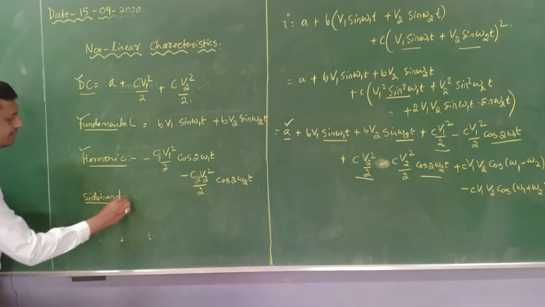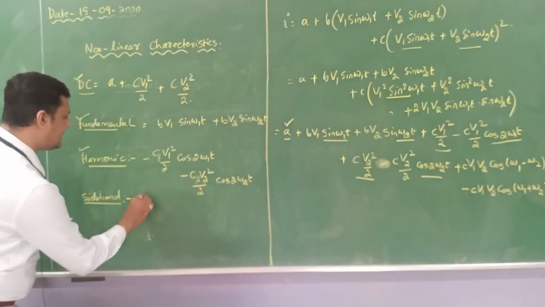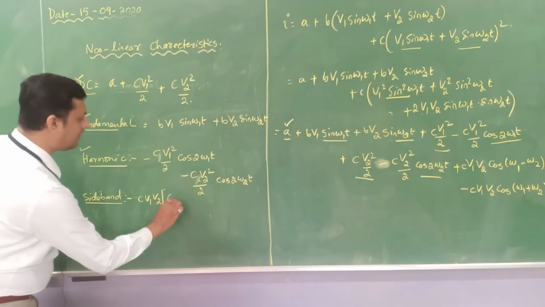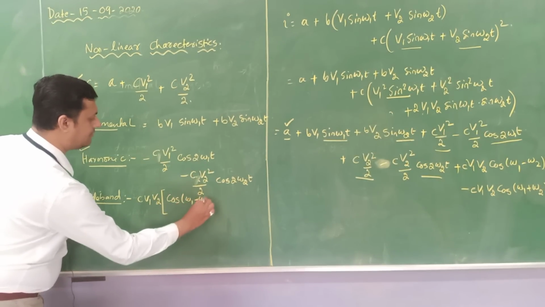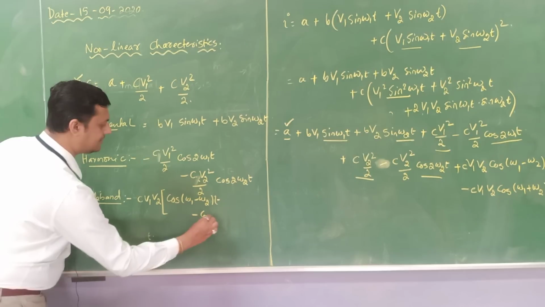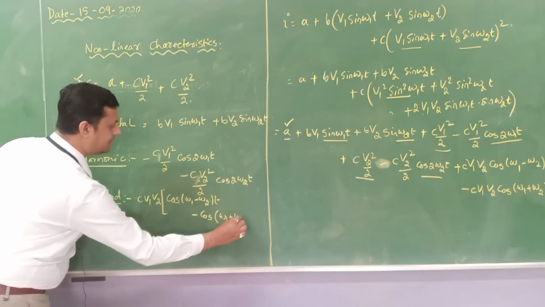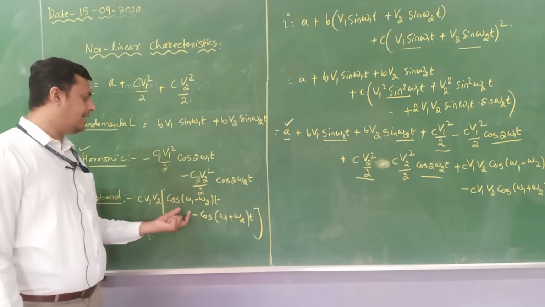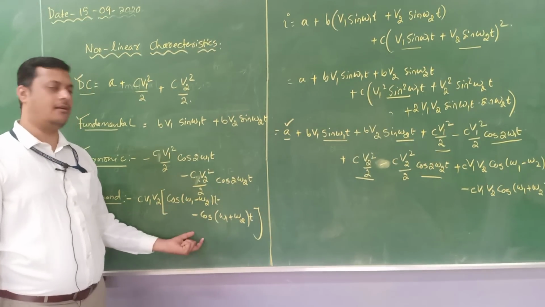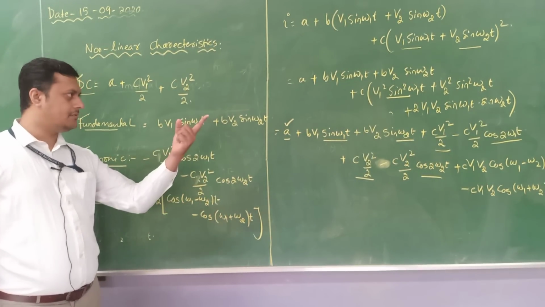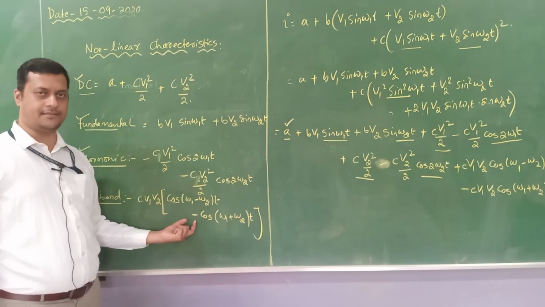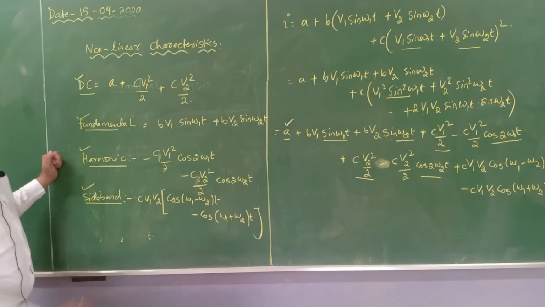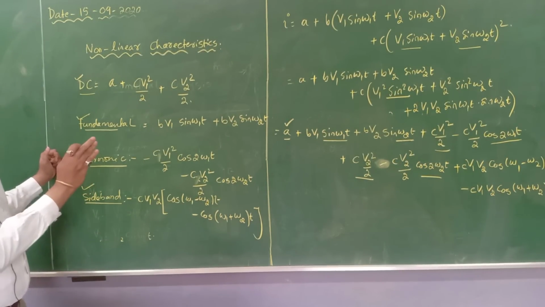Sidebands are C V1 V2 cos of omega 1 minus omega 2 t minus cos of omega 1 plus omega 2 t. Okay, since we have considered sine terms, we are getting it in terms of cos A minus cos B. If it is in terms of cos, here we will get plus. Okay, that is the small difference. So these are the components available in my AM signal,